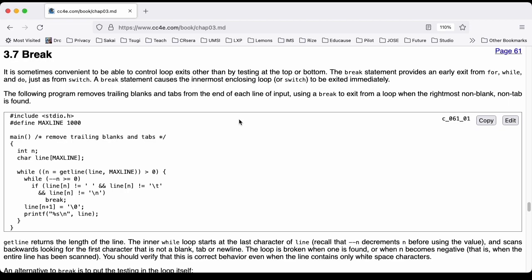This example code is on page 61 of the textbook, and it is the first example on that page. #include <stdio.h> #define MAXLINE 1000 main() { int n; char line[MAXLINE]; while ((n = getline(line, MAXLINE)) > 0) {